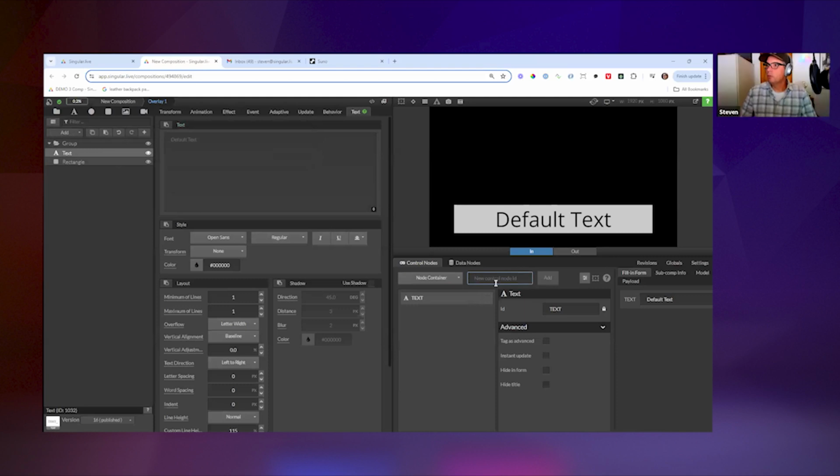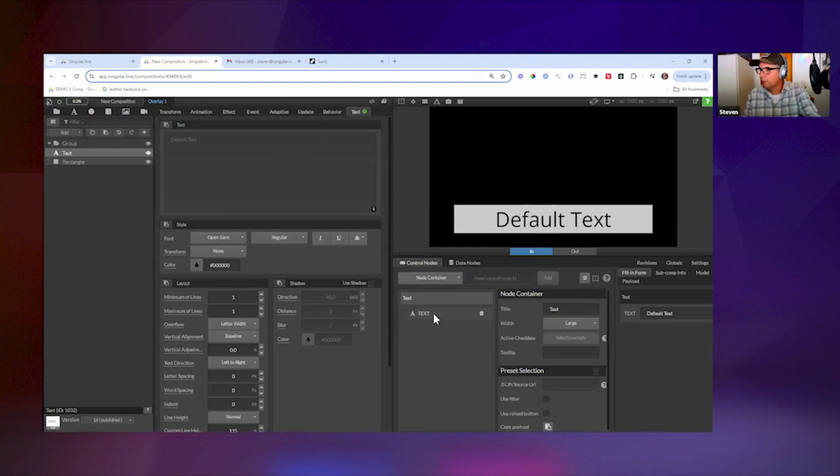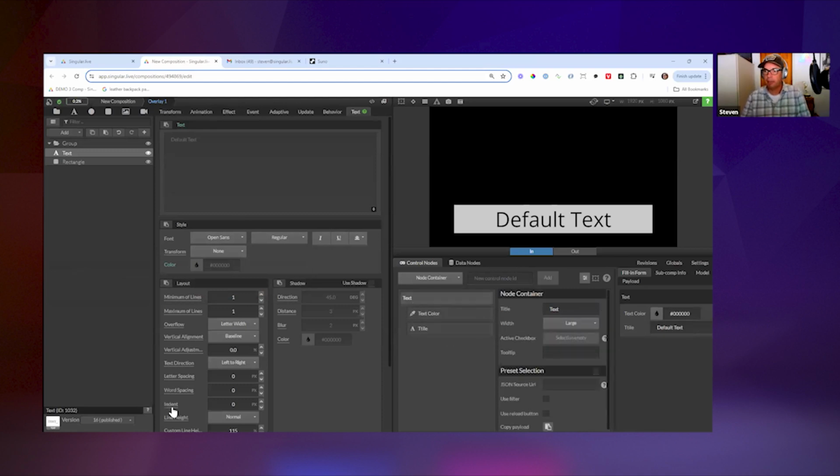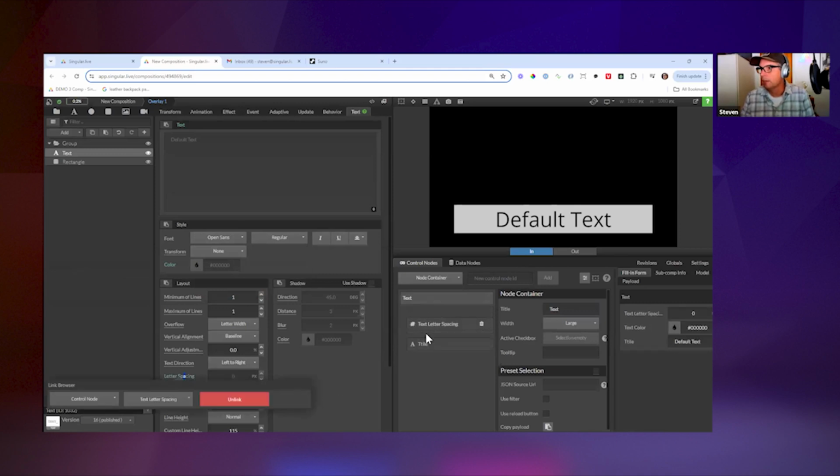No problem. So why would you want a node container? You might want to call this, let's name this text, and let's put text underneath here and give this a more descriptive name like title. And let's say I also wanted to do the color. So I'll go this direction, and now I've got text, title, and color. So what I'm doing here is making a nice grouping of all the things regarding text. Maybe I even want letter spacing. And I can reorder these, right? But I've got this nice